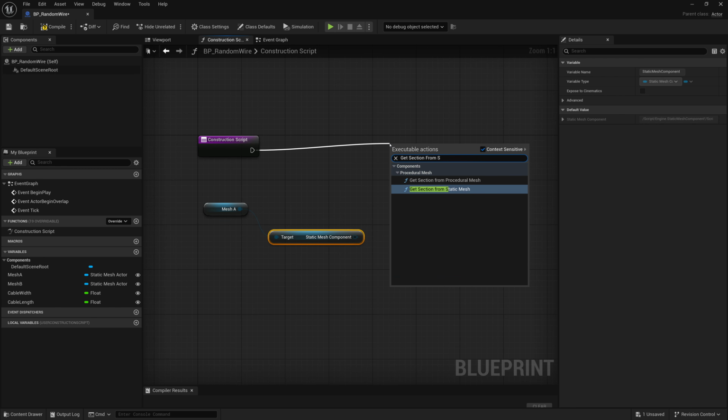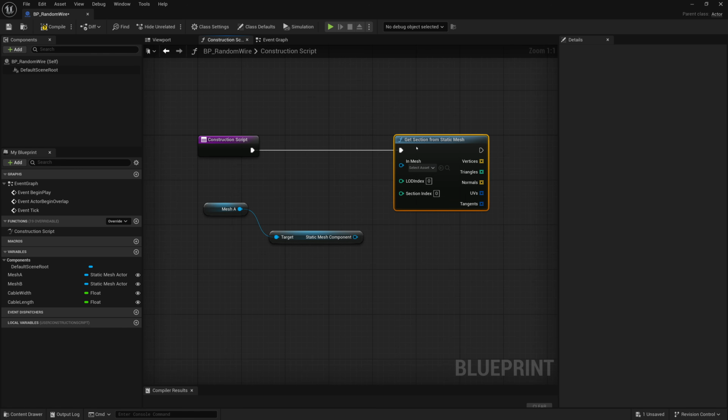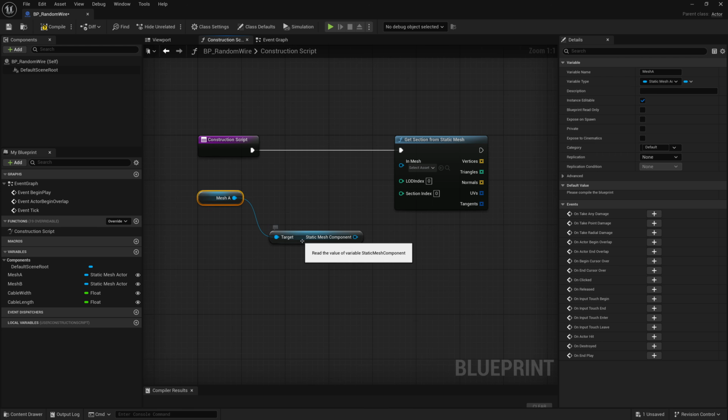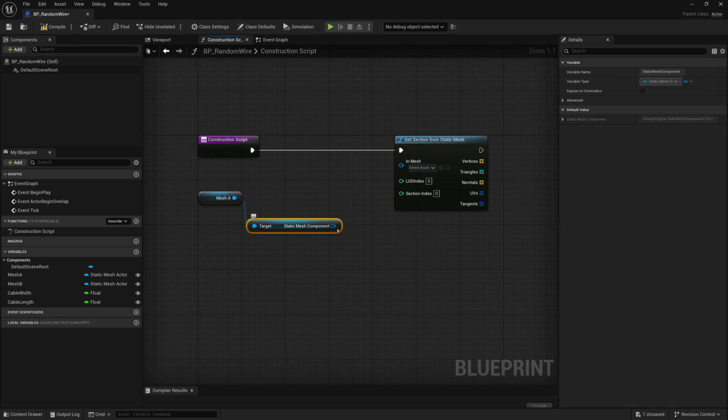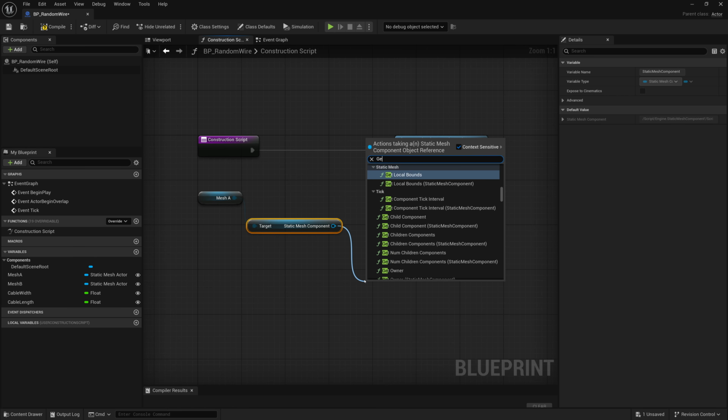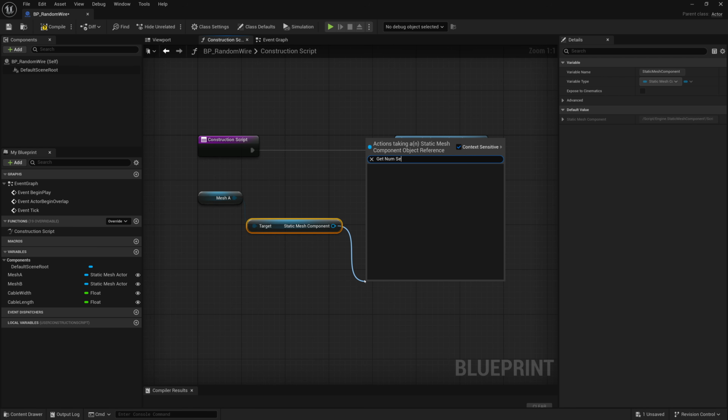So after we have this created, we can drag out this execution pin and do get section from static mesh. But the problem is the in mesh, we can't connect to our mesh or the static mesh component because they're not the right type. This is looking for a static mesh object reference. So what we do is we convert it to a mesh component, and then what we can do is pretty much just drag this out and do get number